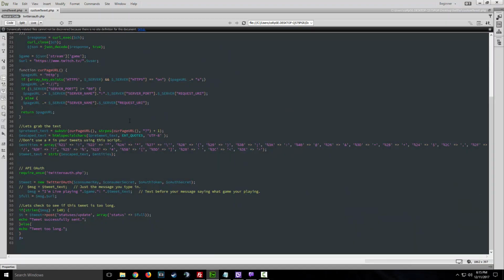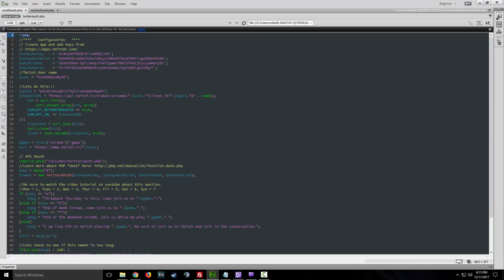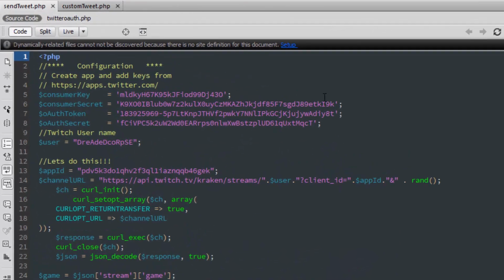So what we're going to do is open up, and we're going to start off with actually the send tweets. Don't worry, all these codes and everything you see, they're fake. Don't even bother using them. I made them up, just threw them in there. As you can see, they're the same on both of these, and those are going to be the fake codes you're going to get. You will need to get your own